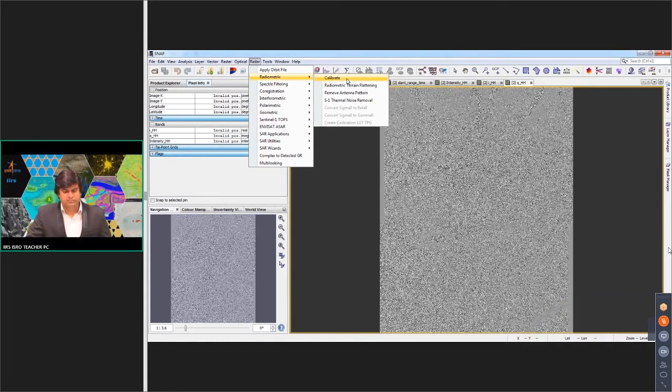Now, after calibration, the values will be at linear scale. They will be ranging from 0 to 1. So I am going to do the radiometric calibration. After that, we will see what values we are getting after radiometric calibration. So if you go to the radar